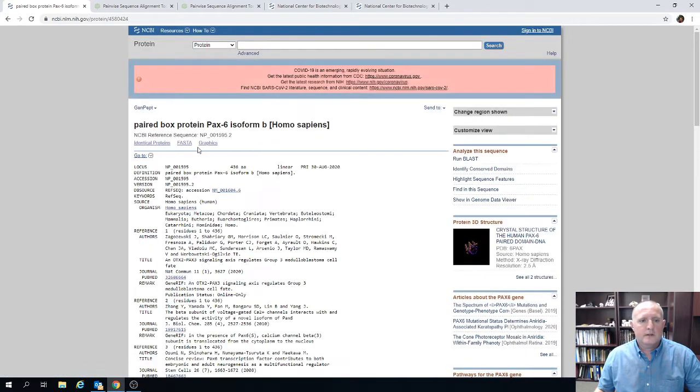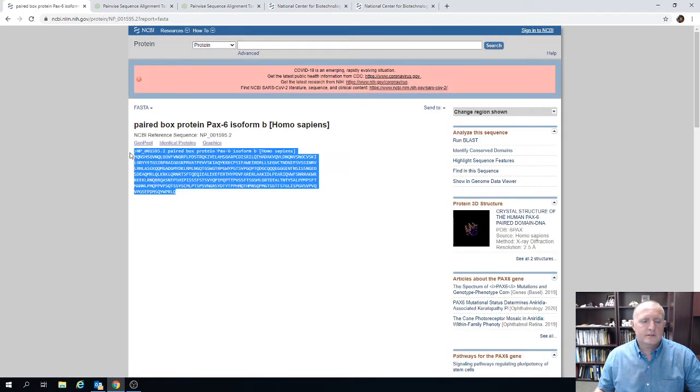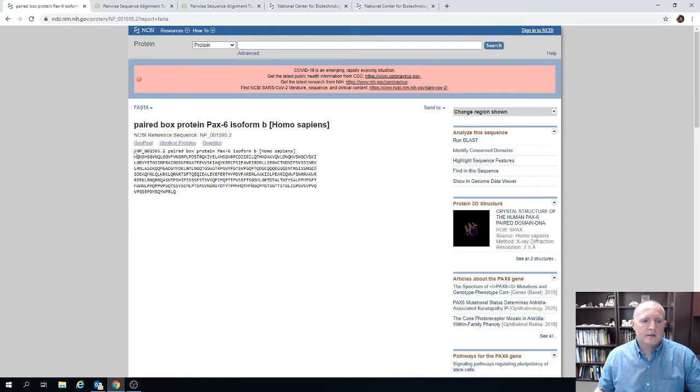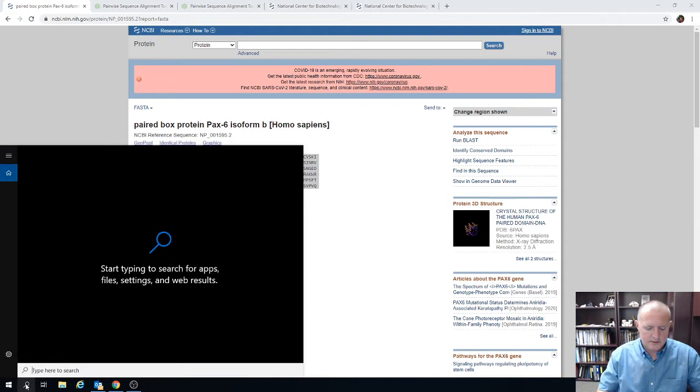When you go to the protein, we're going to then click FASTA, okay? And we're going to copy this FASTA formatted sequence. So from the greater than sign with the line that has the sequence identifier information to the end of the sequence, we're going to copy